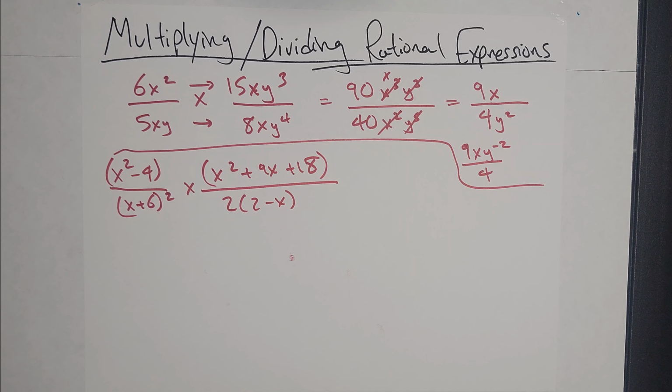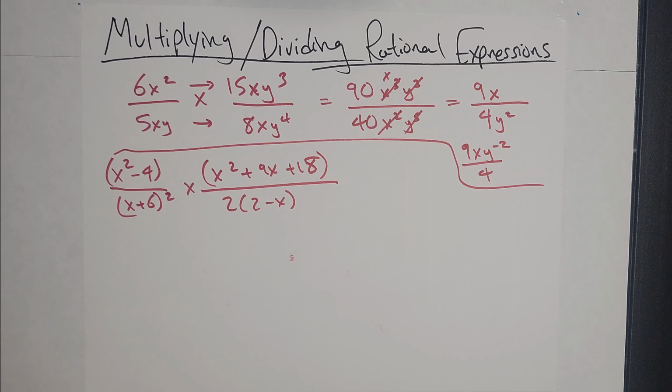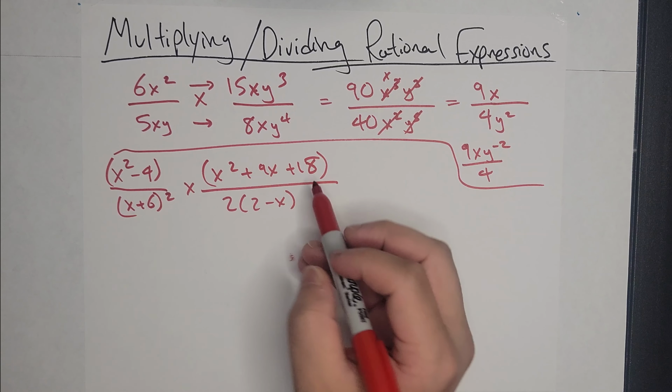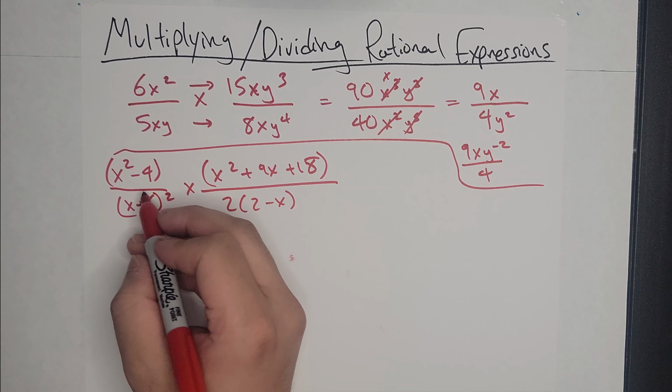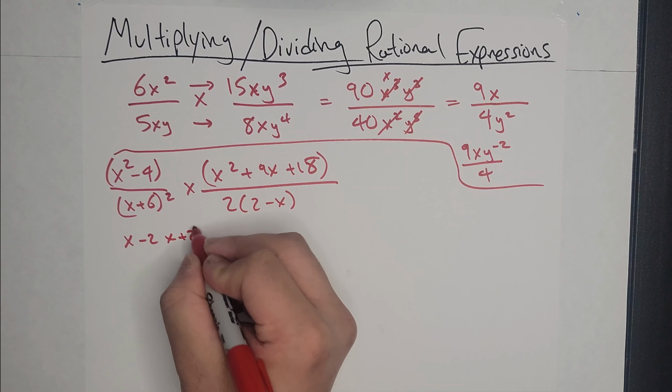So, right off the bat, let's start doing some factoring. I can factor this and that. I know that that's my difference of squares, so that'll be x minus 2, x plus 2,